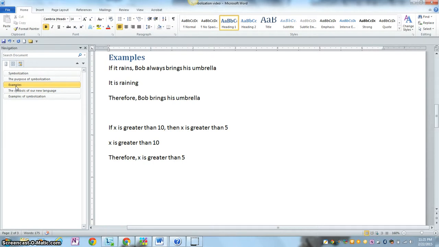I think you can probably see that both of these arguments are valid, but you know by now that an argument is not valid because of what it talks about. It's valid when it's valid because of its structure, because of what lies underneath the content, so to speak. So this argument is not valid because it talks about a person by the name of Bob and his umbrella